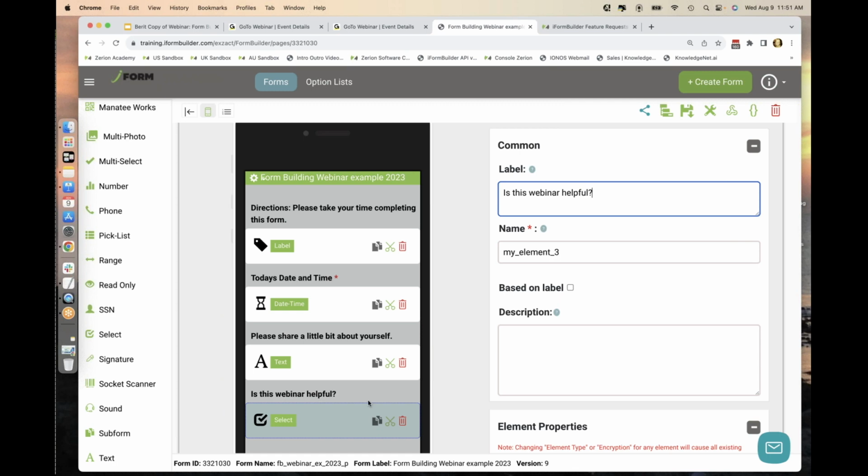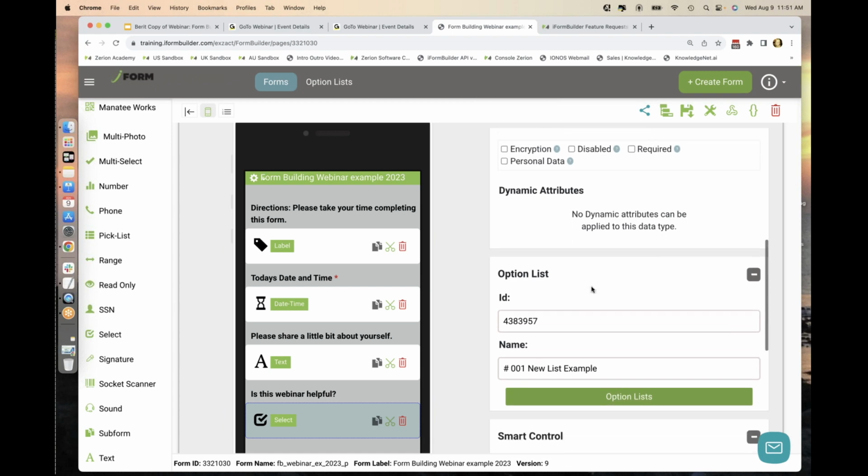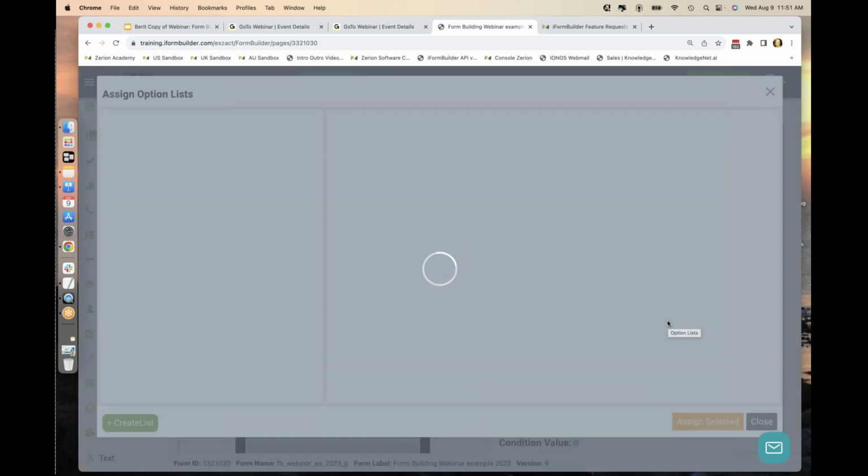So is this webinar helpful? And again, check that name, make sure that that name is helpful as well. I'll scroll down on the right hand side, and underneath element properties, I now see this option list section. So if I click option lists,